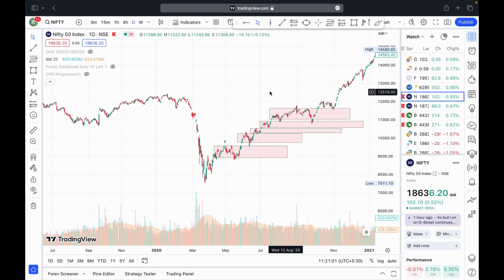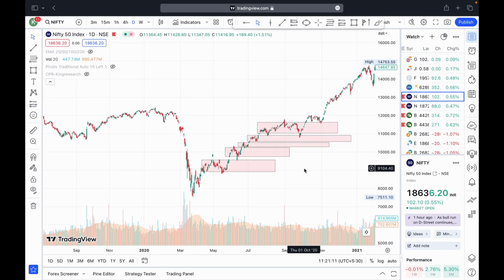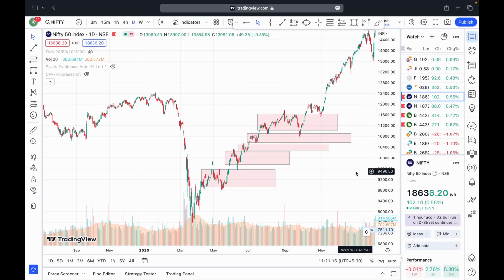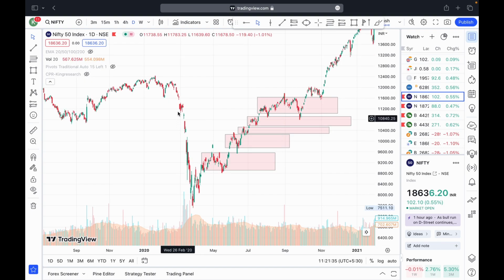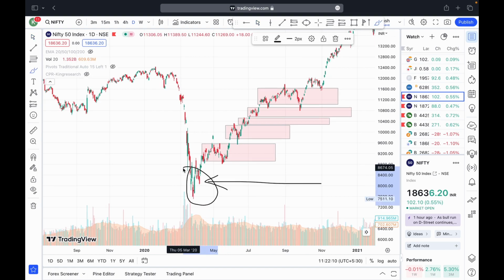I am just talking about this portion of the chart only. As we already discussed about the SNRs and how they work and what the concept is, there is a huge fall in the prices of Nifty 50, and I'm using a 1 day time frame. After that, the market starts recovering and very huge buyers are investing, which results in an increase in the prices. Later on, at this zone, this SNR, as the buyers are more interested in buying, so the prices actually